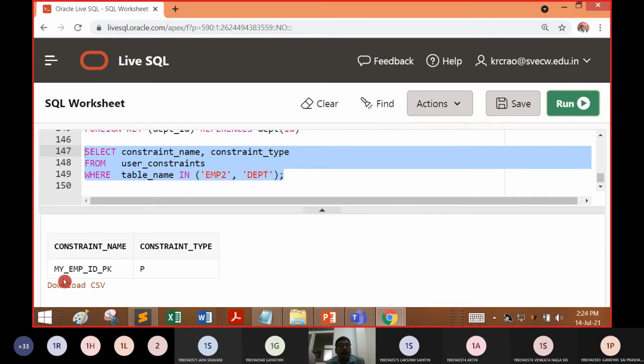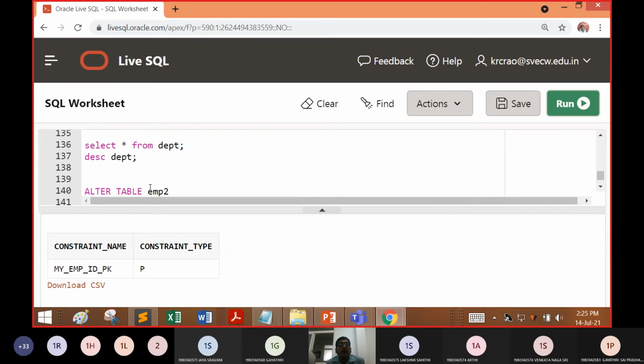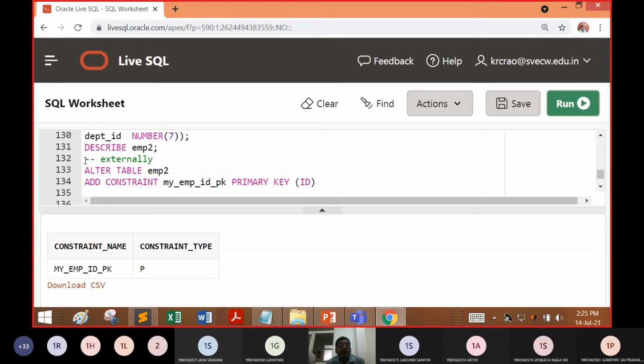Now you can see here EMP underscore ID underscore PK. This is the constraint name. Why has it occurred? Because we made this externally at line numbers 132 to 134. We altered the table and gave the constraint EMP underscore ID underscore PK as a primary key.